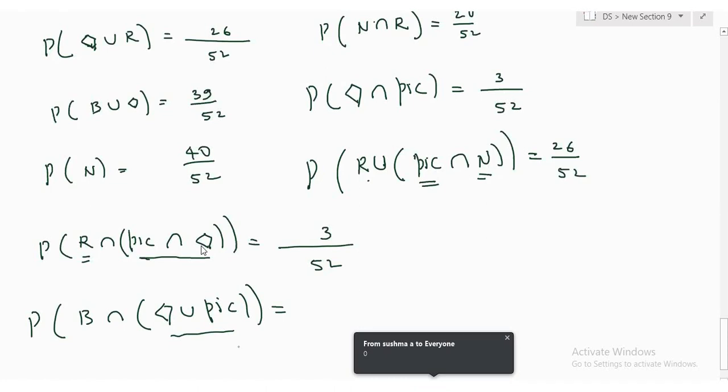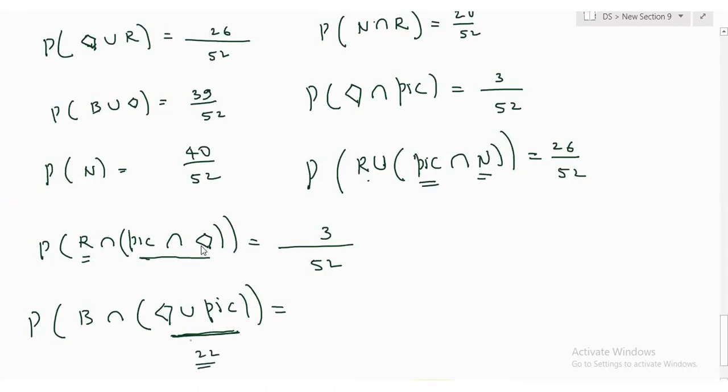It's not difficult, friends. First, look at how many are these. Here, total 12 picture cards are there. And in that 12, 3 are already part of the diamonds. So how many diamonds are left out? 10. 10 plus 12, 22. So these are 22 cards. But all those are in these 22 cards. How many black cards are there?